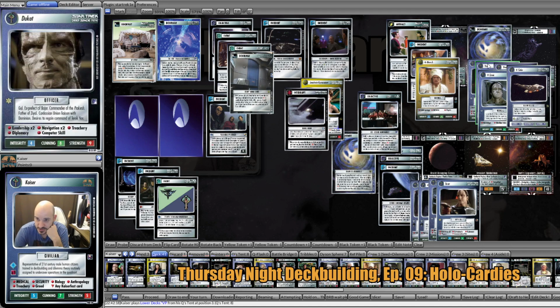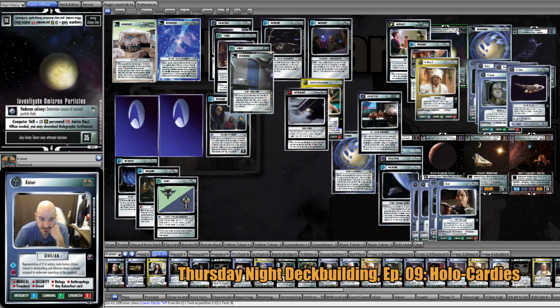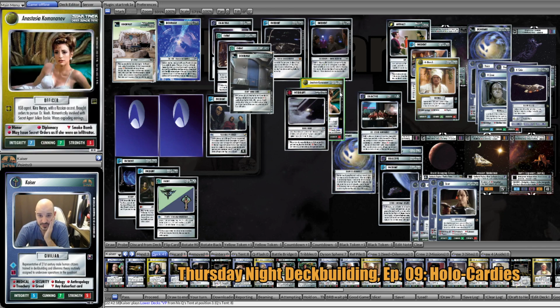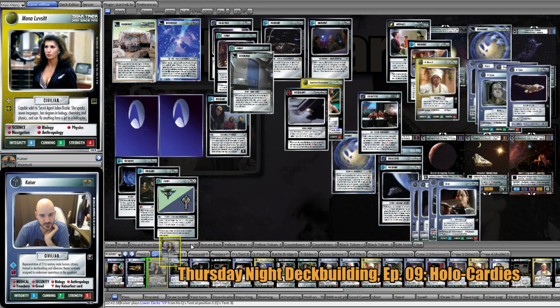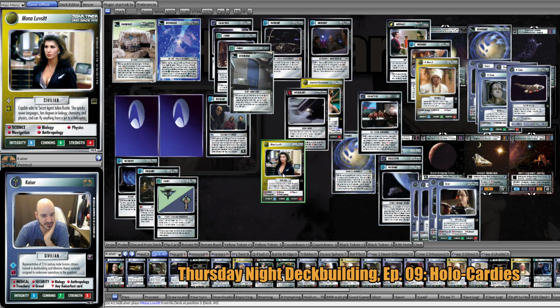And then we could just start attempting, see what's under there. To complete this, we would need a computer skill, which is of course trivial, and 3 holographic personnel. That's a bit trickier than it sounds, because there aren't too many, but we can download them with the holodeck door. Another good one that we cannot play for free because she's not Gamma Quadrant is Mona